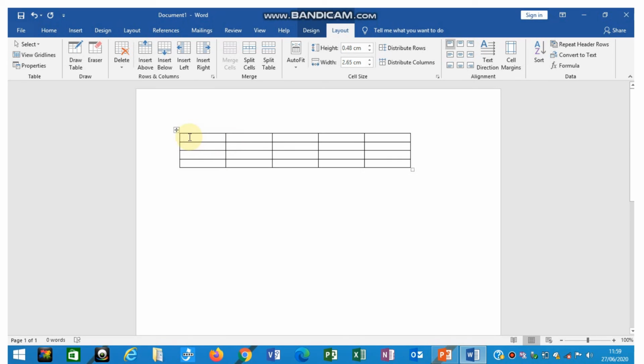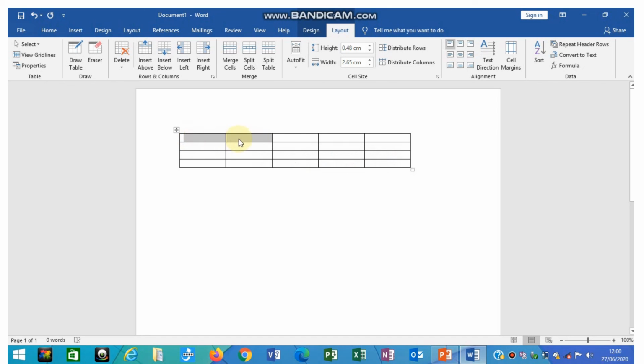Suppose you want to merge these two cells, this first cell and this second cell, into one. Merge means you have to make those two cells into one. Okay, fine. So select only that portion.